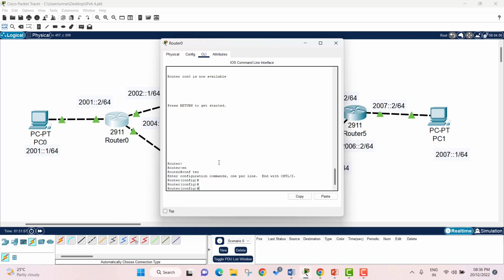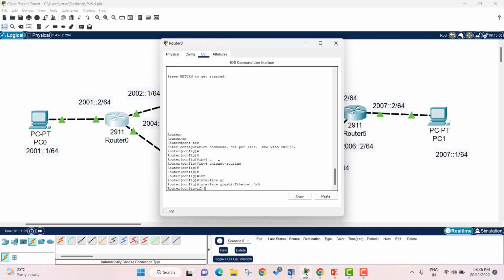The first very important thing is you have to enable IPv6 here by using the command ipv6 unicast-routing. Then the next one, I want to go to the interface Gigabit Ethernet 0/